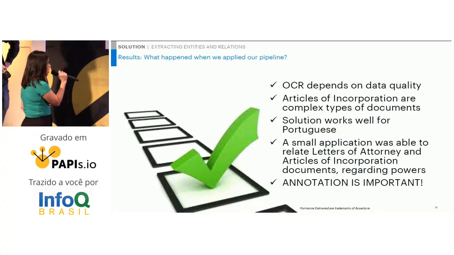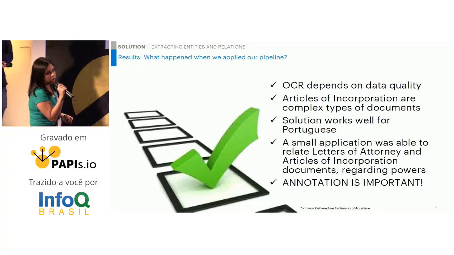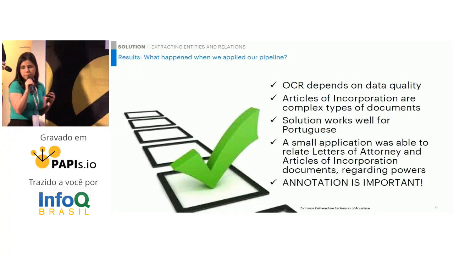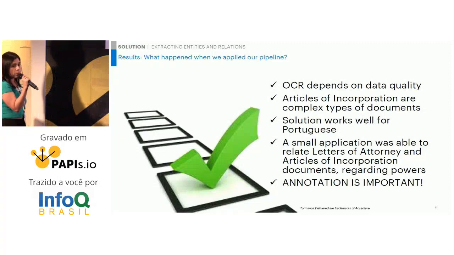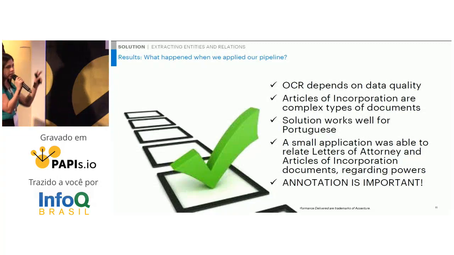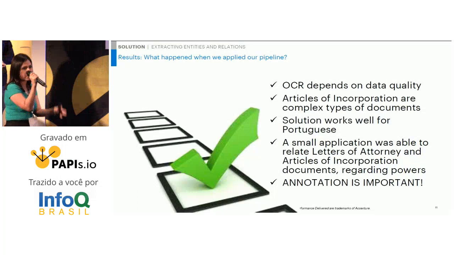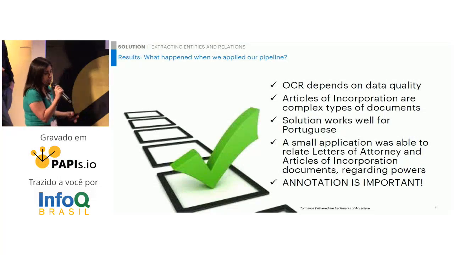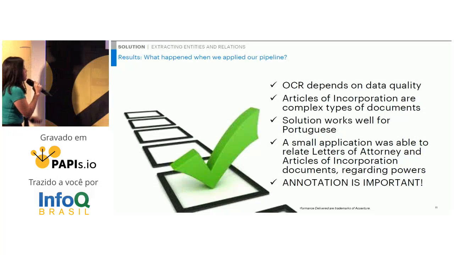And the last one, annotation, is very, very important, because we started annotating documents and we created some rules, but when we were running and training, it wasn't that good. Once we started looking at the annotations, they were not standard, and we realized we had to change that. We have to align again, and review the annotation. It's very, very important.